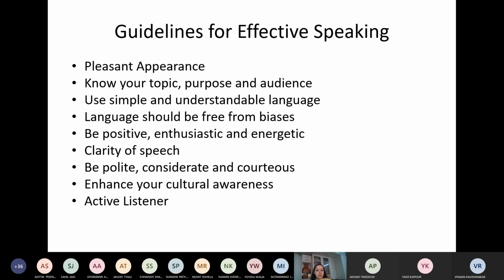Polite, considerate, and courteous. So in order to engage your audience, you have to be polite, you have to have that you attitude, and you have to be respectful towards them, their feelings. And this particularly also relates to the question answer round. Sometimes the audience may come up with very irritating questions, really nasty questions at times, just to pull your leg, just to make you uncomfortable, or just to make you feel I know more than what you have just delivered the presentation on. So these are those times when you have to be polite, when you have to be courteous, when you have to maintain your cool, when you have to understand.